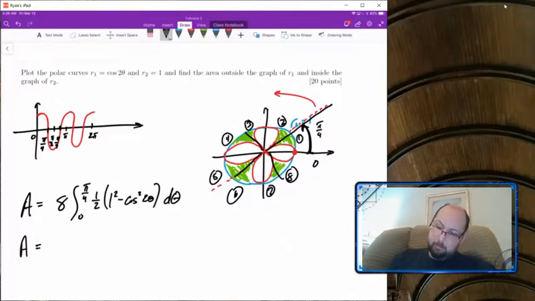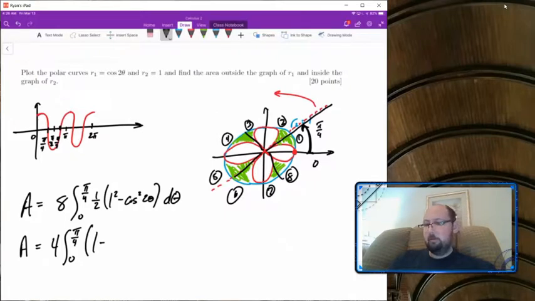So this will be 4 if we pull the 1/2 out front. Inside here, I've got 1 minus cosine squared, which I can replace with 1 minus 1/2 minus cosine of 4 theta over 2,